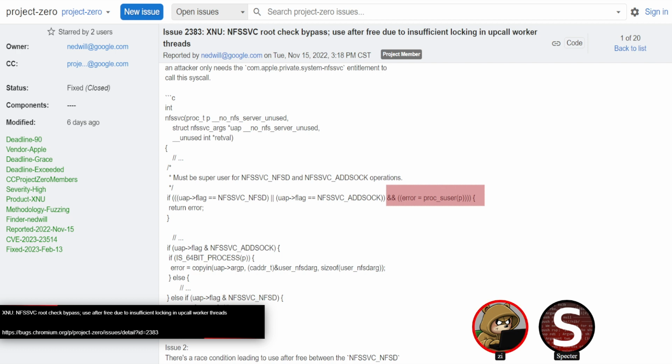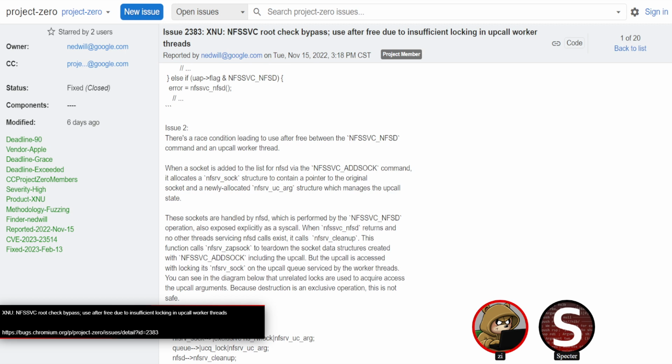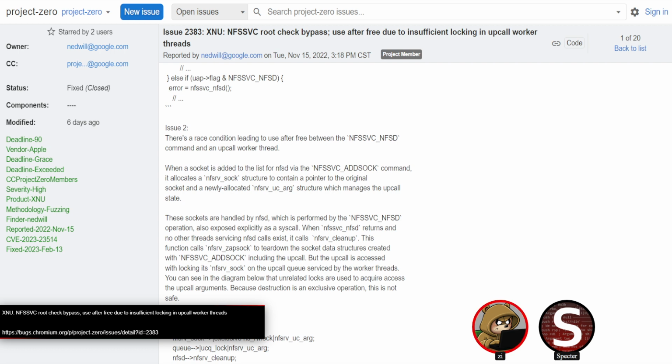Just a really fun bug and kind of a desync between how they're doing the comparison in those two places of code. I understand where the developer was thinking on this, because your normal use case, you are just passing in the one. But this difference does let somebody bypass that super user check completely by using some random bits that are not otherwise used, having those set so the equality check fails, but the bit check goes through. And this lets them hit a use after free vulnerability in AdSoc, where